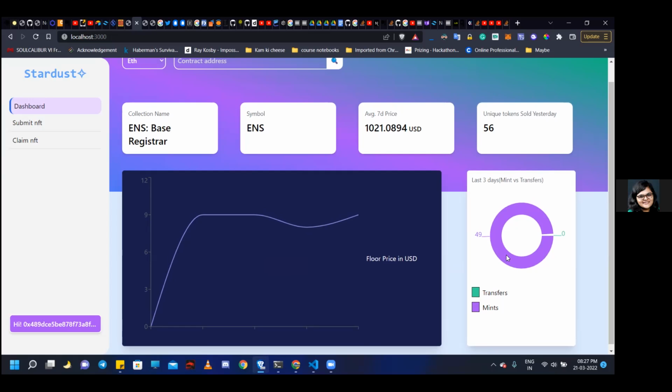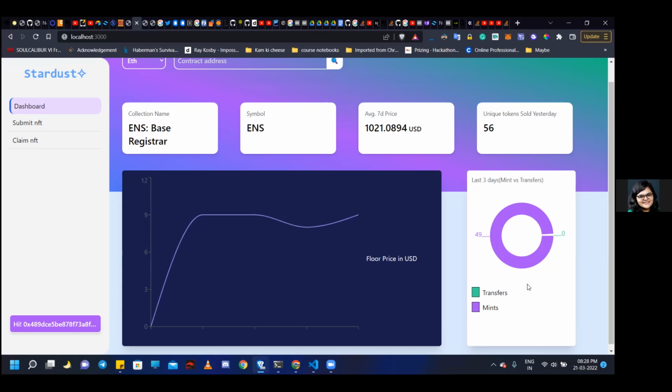Here we have used the ENS contract as this is one of the popular contracts. And on the left, you can see a small pie chart. We have used the transfer data to figure out whether the ERC 721 interaction with the contract is a value transfer or a minting transfer. So you can see that the green one, of course for ENS, most of them are going to be minting ones, right? Because you're going to be buying new ENSs. Those are the transactions. And there are not many transfer transactions that have happened in the last 3 days, almost